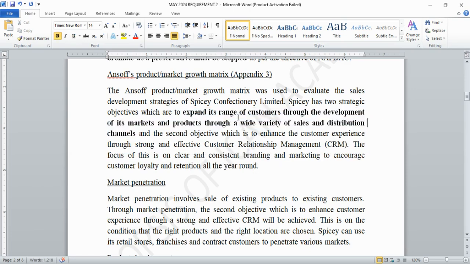This was the first one. And the second one was to enhance customer experience through CRM. So this was the second one that they gave us too. So they told us that we should what? How do the development strategies actually help us to achieve our objective? The strategy that we use concerning our sales. Everything, as I used to tell you, revolves around the company's objective. So how does that help us to achieve our objective? That's what they're trying to tell us.